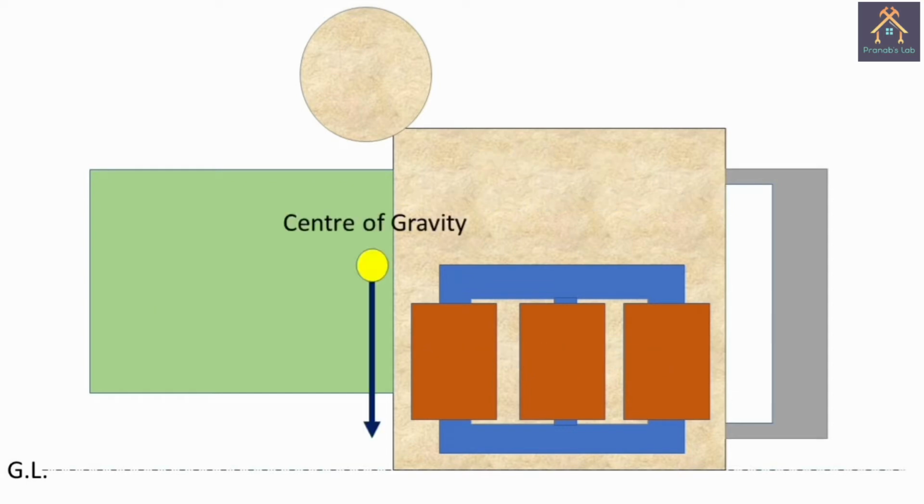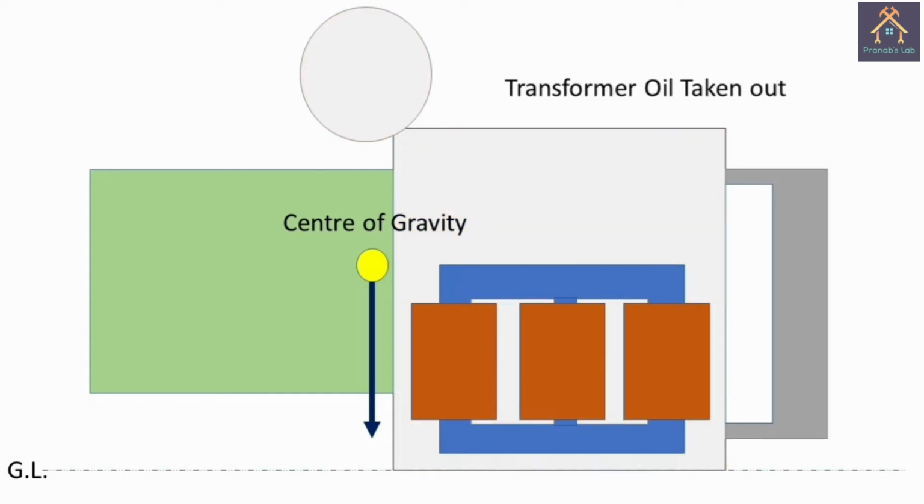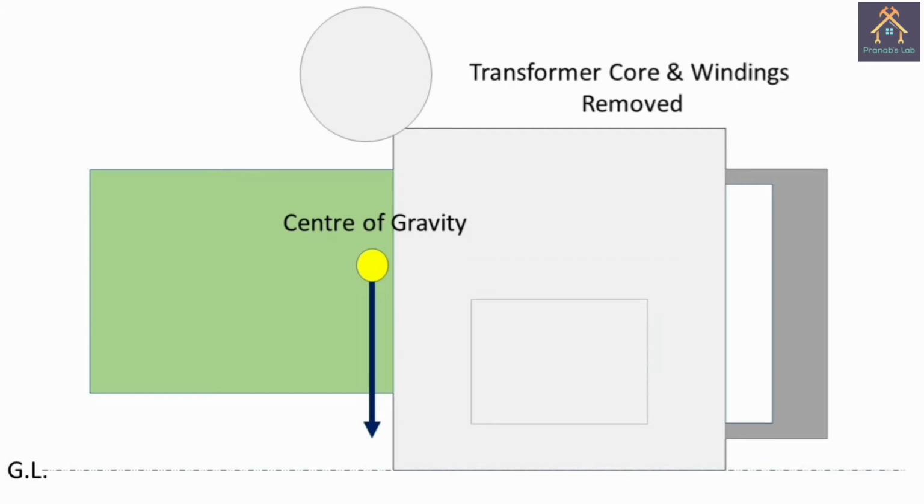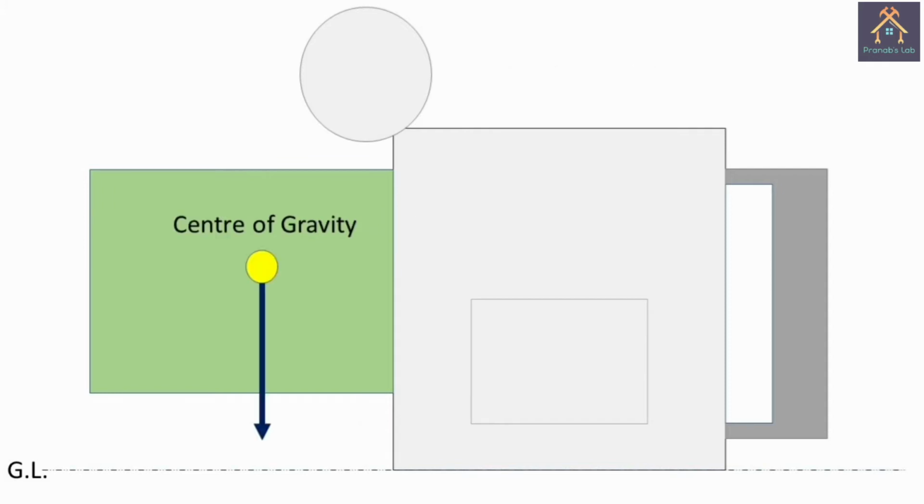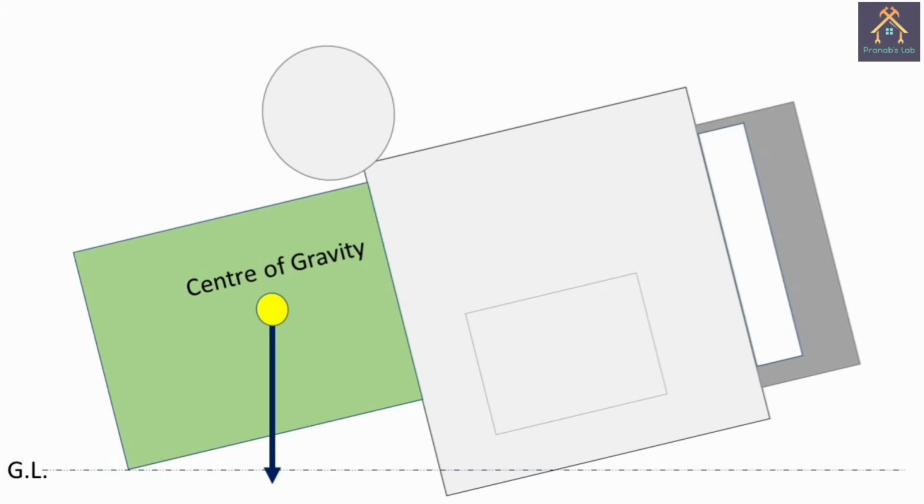Then the center of gravity of the full setup is positioned in between the junction point of the transformer and the tap changer. While maintenance or routine checkup, when the transformer oil is removed or transformer core and winding is removed from the transformer main tank, then the center of gravity is shifted to the left side of the full setup. That means the center of gravity is shifted to the tap changer of the transformer. As a result, the stability of the full setup is disbalanced and the transformer along with the tap changer tilts to the left. So, an accident can occur in this position.